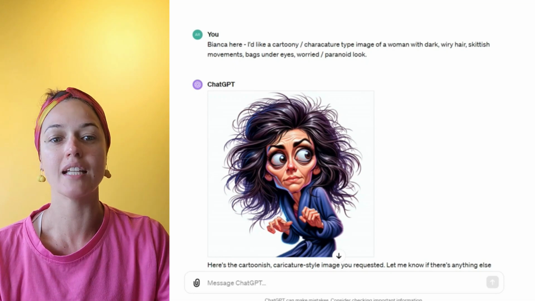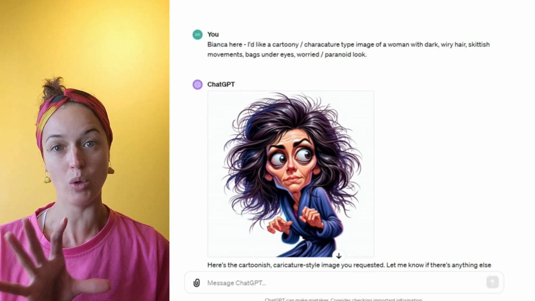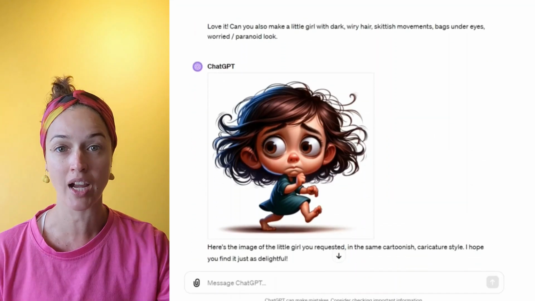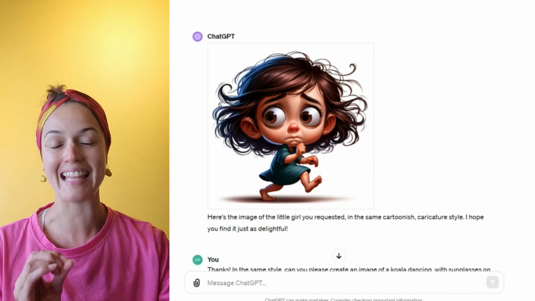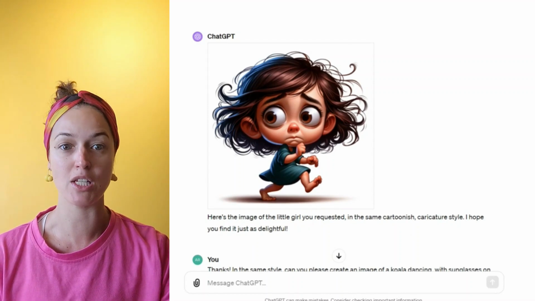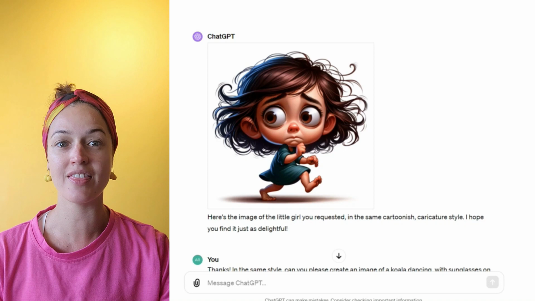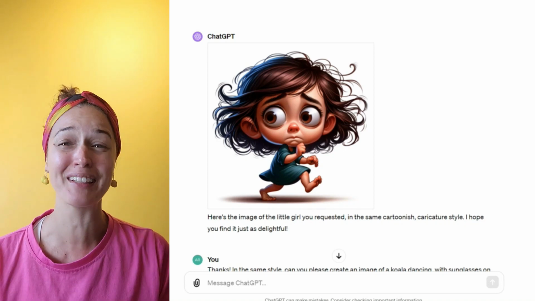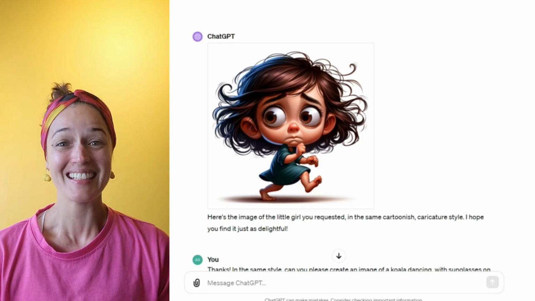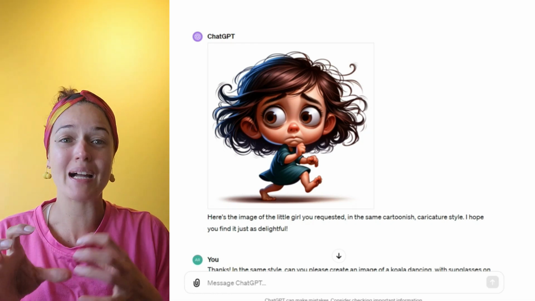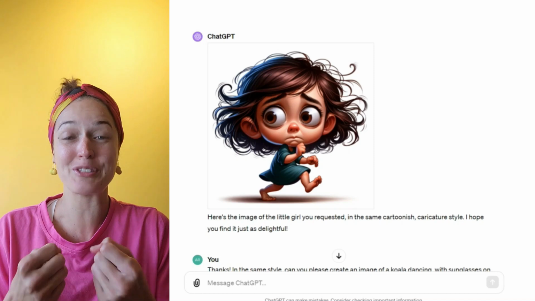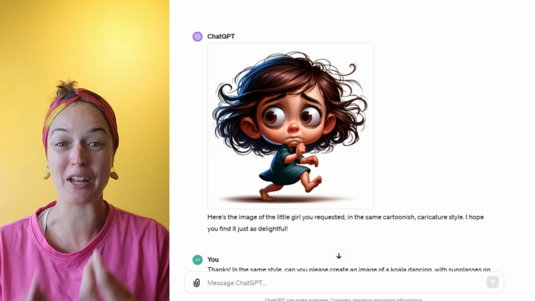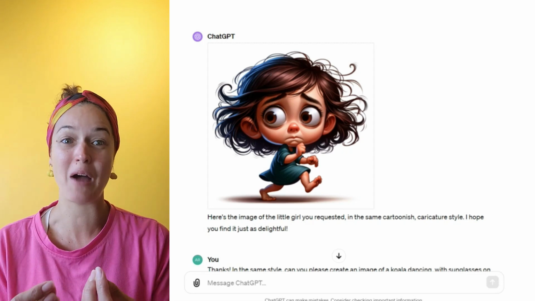So I decided, what if I make it more like talking to an inner child? If I make her a little girl with the same kind of characteristics, what might that look like as my image of Limby? And so then this is what came through. And I was like, oh, I can definitely be compassionate with her. She still looks frightened, but she's a little girl and she needs nurturing and care and compassion. I can definitely get on board with that. So I was happy with that one.